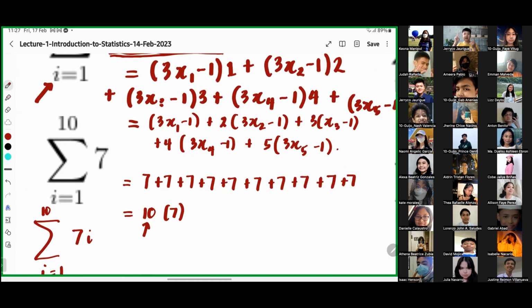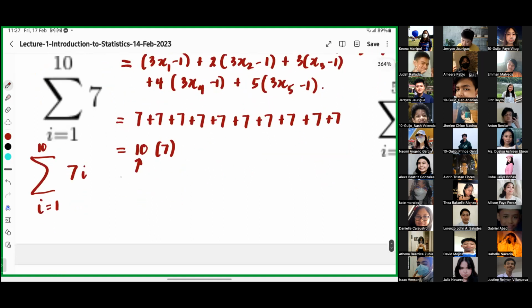So, anong ginagawa natin pag ma-minus? O, tama yun. Tama na mina-minus. 10 minus 1. Pero, we still need to what? Add 1. Yeah, very well. We still need to add 1. So, dito, nanggaling yung 10 sa 10 minus 1. So, ito yung upper limit. Ito yung lower limit.